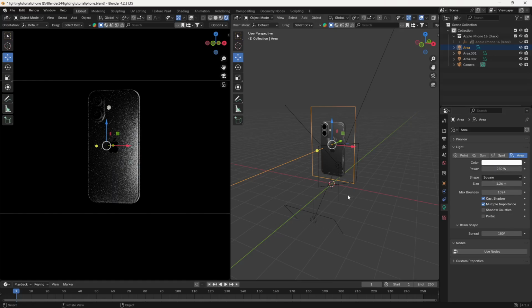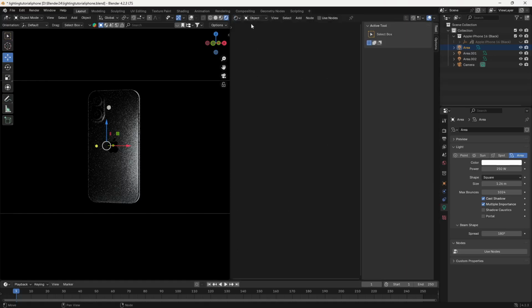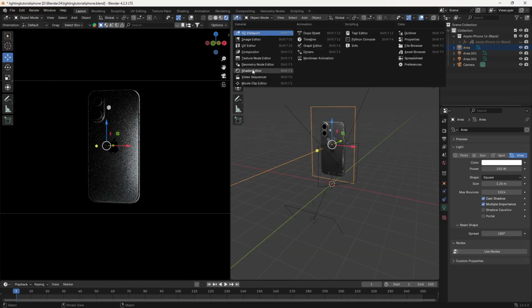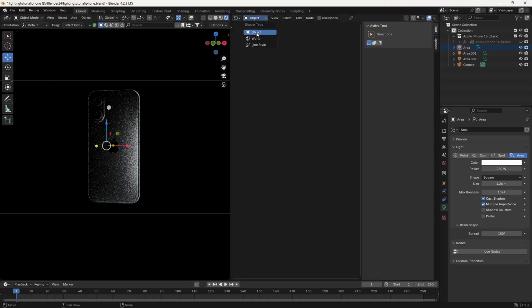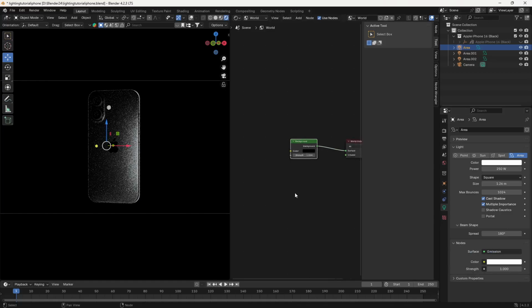Okay, and one more thing before going, I want to show you that you can change the color as well. So just click here, again go to your shader editor. Okay, and here in object, go to white. You will find the light here, which is here. And you can see we are getting different lights here. So what you can do here, you are seeing use nodes, so just click on use nodes. And here you will find the nodes.